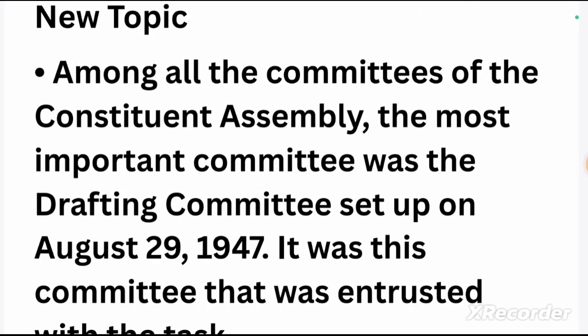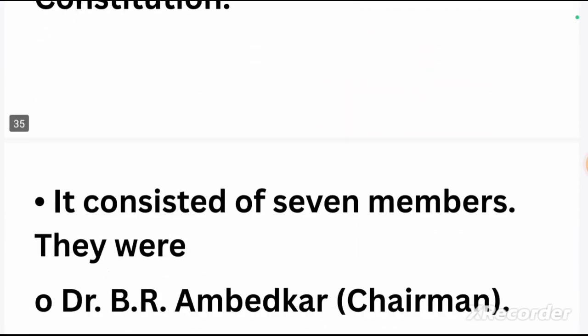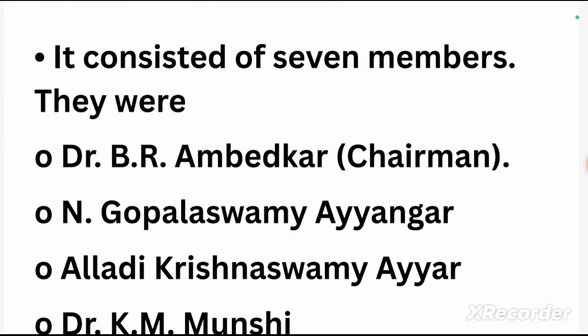New topic. Among all the committees of the Constitutional Assembly, the most important committee was Drafting Committee, set up on August 29, 1947. It was this committee that was entrusted with the task of preparing a draft of the new constitution. It consists of the 7 members. They were Dr. B.R. Ambedkar, Chairman, N. Gopalaswamy Iyengar,